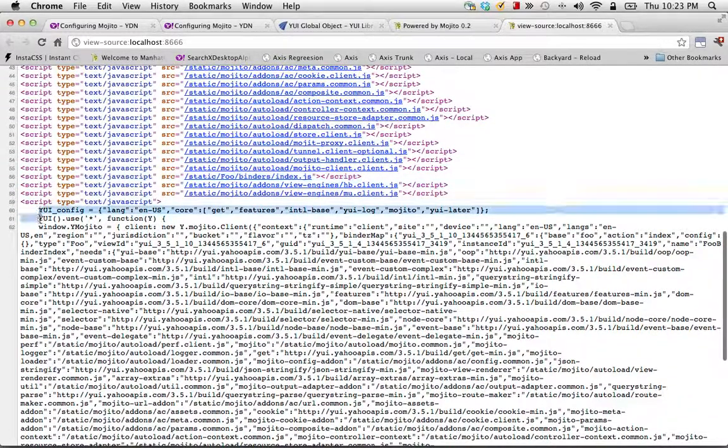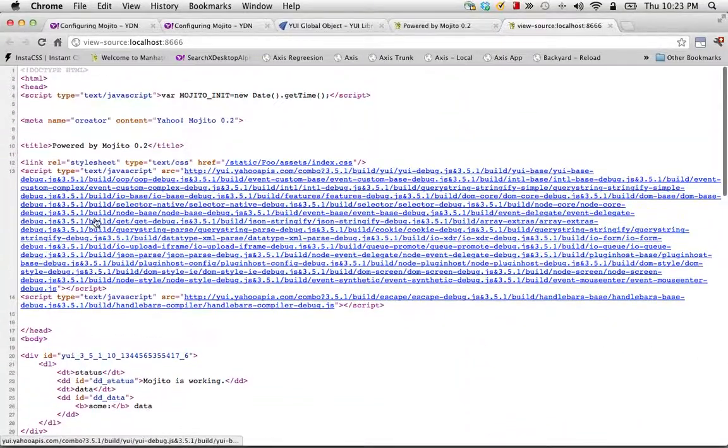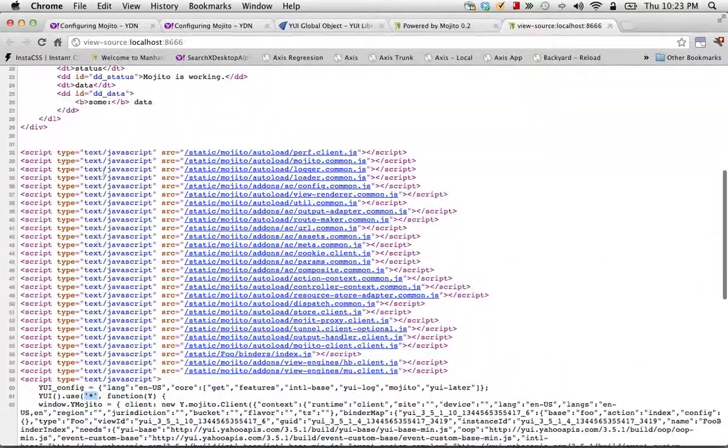And finally, you have the YUI configuration created by Mojito by default. And then you have the instantiation process for the YUI that will be running on that page. And as you see here, it is using the wildcard, which means that all the requirements are already loaded up front for you. Mojito is doing that computation, generating everything that is needed in between the YUI and the Mojito related